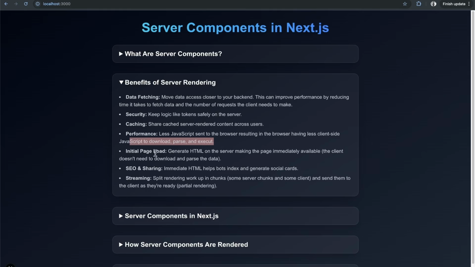And on a similar note, the initial page load can be better because you generate the HTML on the server, making the page immediately available to the client. And like I said earlier, the client doesn't then need to download and parse this data. SEO can also be improved because the immediate HTML helps bots index the page and generate other kinds of social cards, which can improve your SEO as